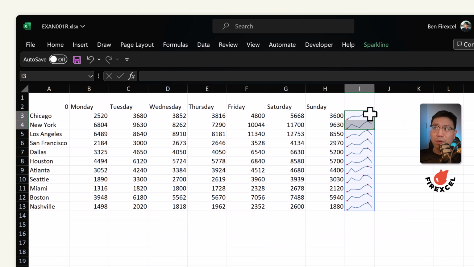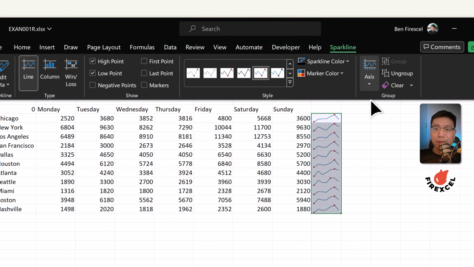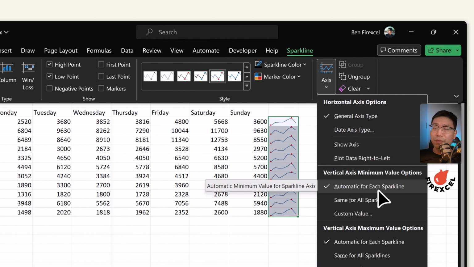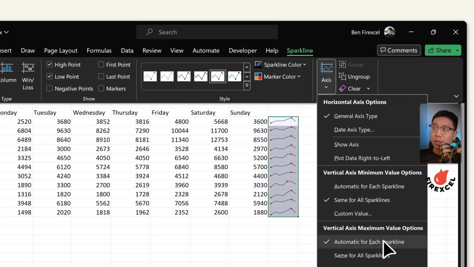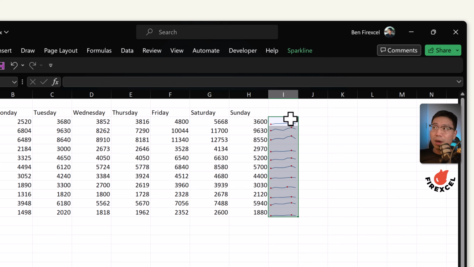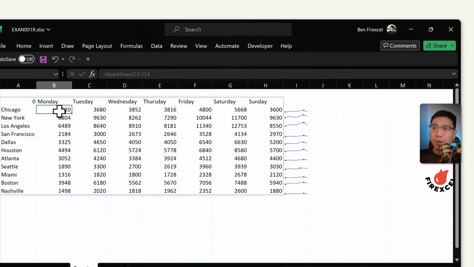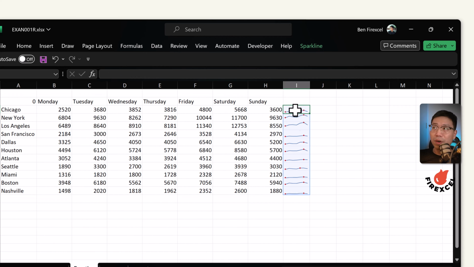The highest point is always reaching the top. That's because of a design in the sparkline, which is the axis, because you are choosing the automatic setting for each sparkline for the minimum and also the max. So we're going to toggle this to the same for all sparklines. Toggle for the max as well. Now you can see you have reset the starting point. So if it starts with a lower value, like 2000, it will be very close to the bottom of